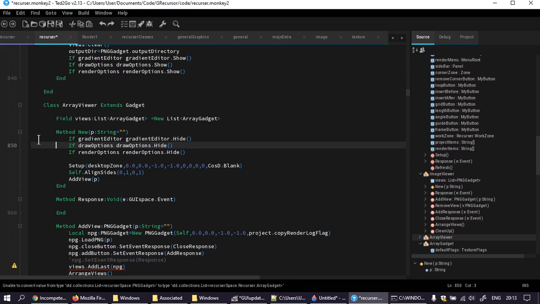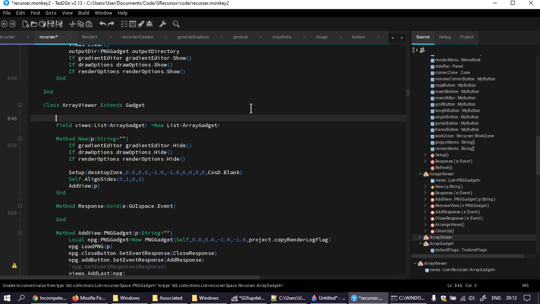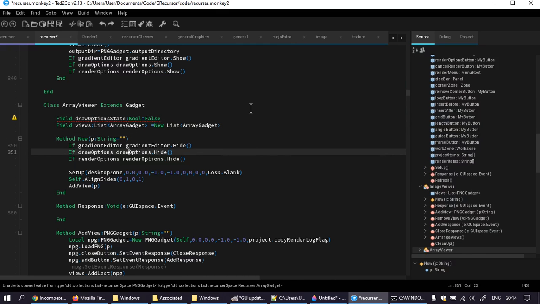And I'm basically going to have to figure a way of forcing it. What I can do is store whether or not the draw options is open, and then restore it afterwards. Or I can hide it again afterwards. Draw options state bool. And here I can say if draw options